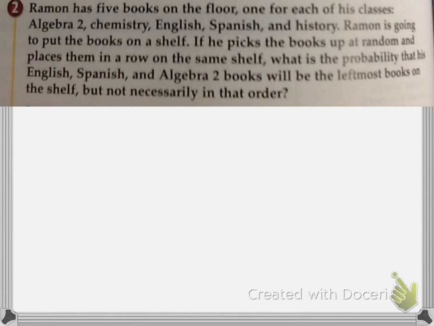Well, Ramon has 5 books on the floor, 1 for each of his classes. He's going to put the books on a shelf. If he picks up the books at random and places them in a row on the same shelf, what is the probability that his English, Spanish, and Algebra 2 books will be the leftmost books on the shelf, but not necessarily in that order? Okay, so what he wants, basically, is he wants the English, Spanish, and Algebra books on